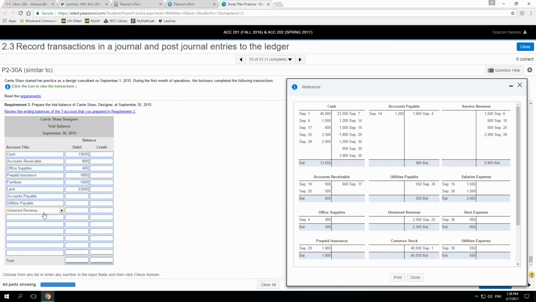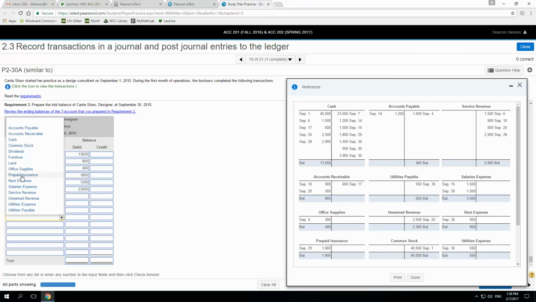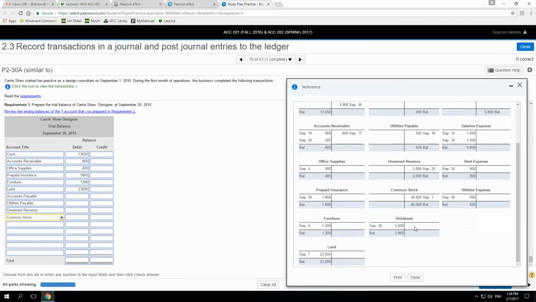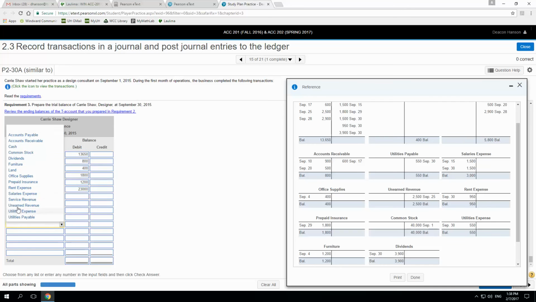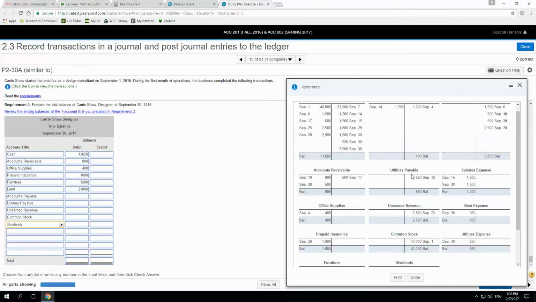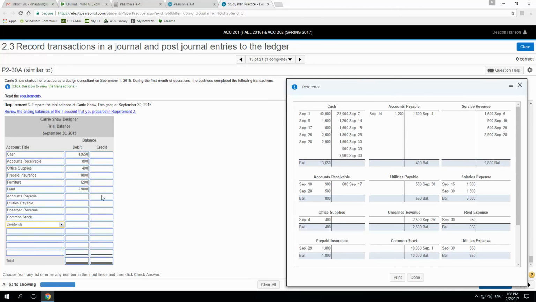And then we get to the equity items. So we got common stock. And let's see what else we got. We got dividends. That's that second column here. So my accounts payable has a $400 credit balance. Make sure you bring them over. If they're credits, bring them over as credits. That's an easy mistake to make. You know you're supposed to bring them over, but sometimes you get on autopilot, and you think you brought it over to the correct side, and you end up